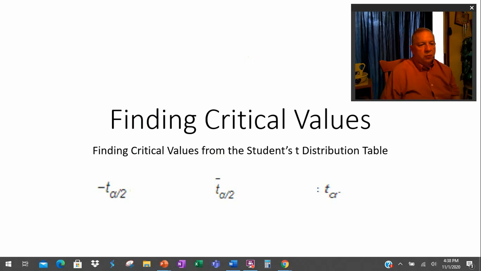This time we're going to be looking at finding critical values when we need to use the student's t-distribution. Last time we looked at finding a value for the critical value from the normal distribution table. The normal distribution Z alpha over 2, or Z alpha critical values, occur when we're doing a confidence interval where the margin of error formula quotes Z alpha over 2, and also when we're doing hypothesis testing, when our test statistic formula is a Z. So a Z test statistic, we have to have regions with the Z